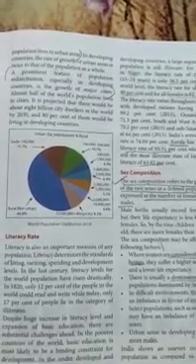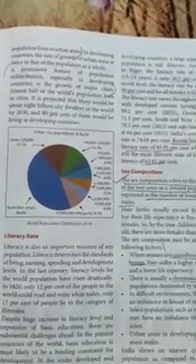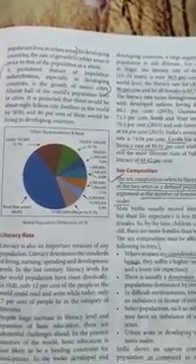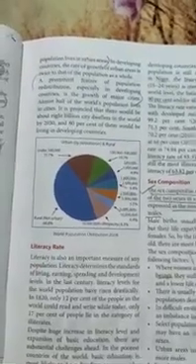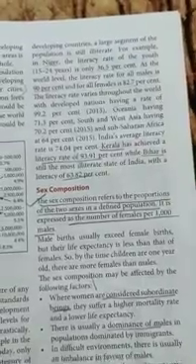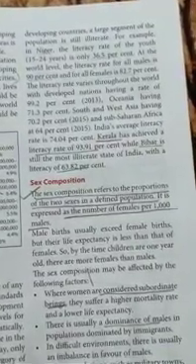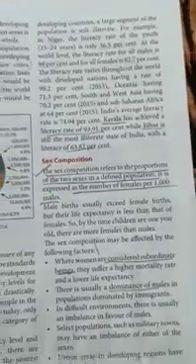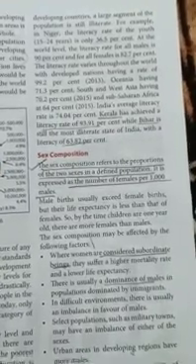In the poorest countries of the world, basic education is most likely to be a binding constraint for development. In underdeveloped and developing countries, a large segment of the population is still illiterate. For example, in Niger, the literacy rate of the youth, that is those between 15 and 24 years, is only 36.5%. At the world level, the literacy rate for all males is 90% and for females is